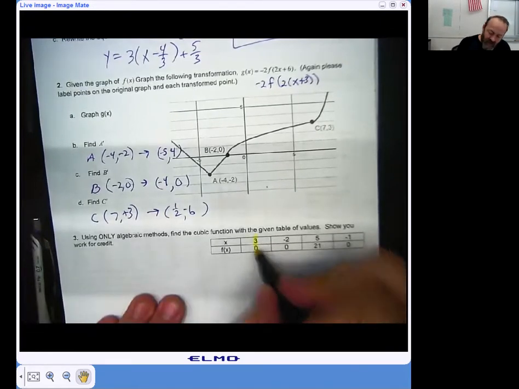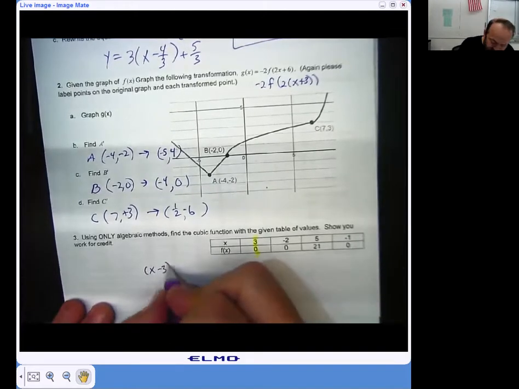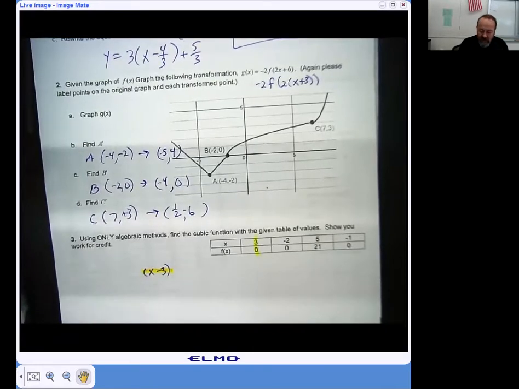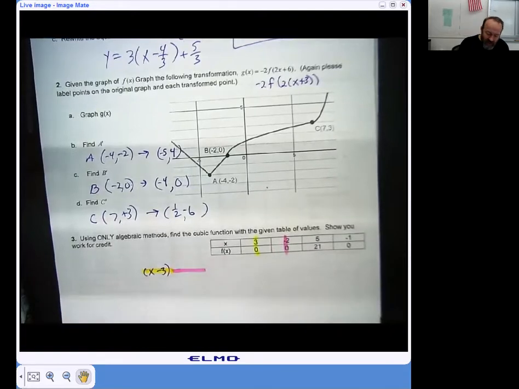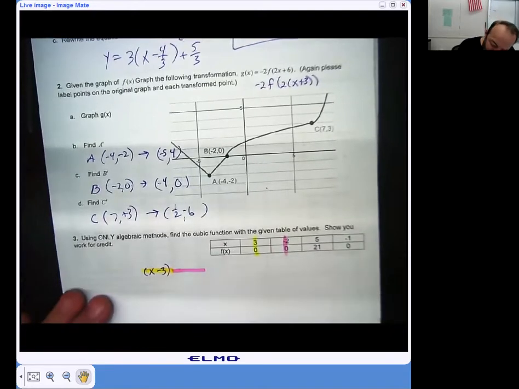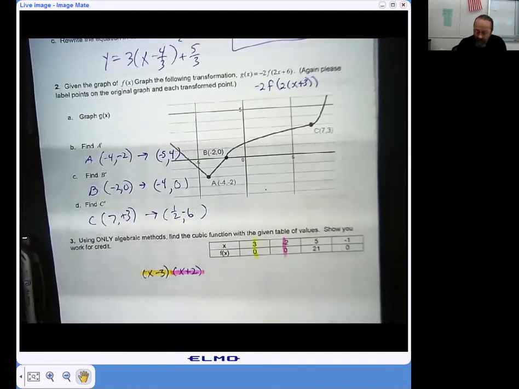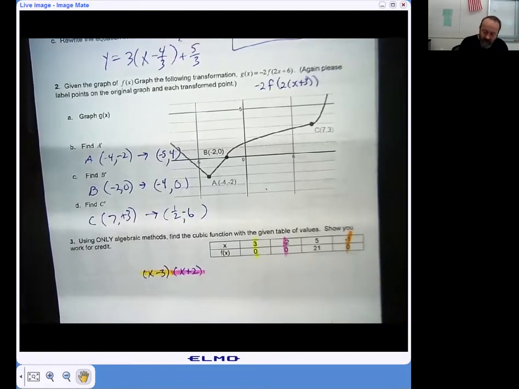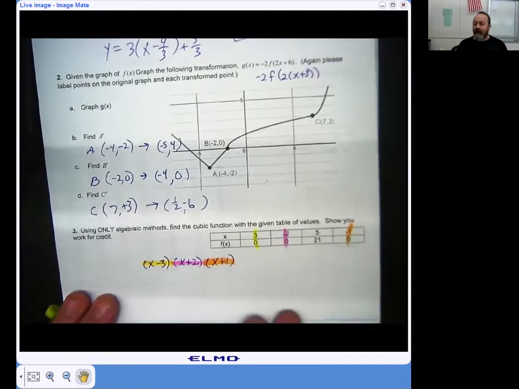have a root at x equals 3, that means we have a factor of x minus 3, because our factor theorem said those things go together. Secondly, we know that if we have a root at -2, that means we have a factor of x plus 2. And then last over here, we know we have a root at -1, which means we have a factor of x plus 1. Sorry, kind of putting a lot of colors on there to show you where